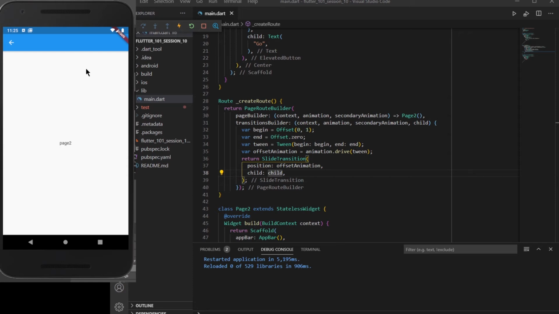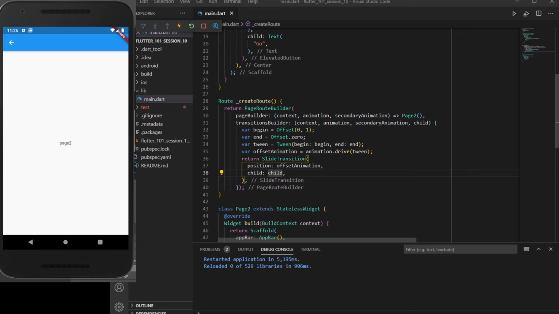The thing which took place earlier was that it was showing the first screen, and then it was adding the second screen to the stack of available screens. But now it is sliding a screen from the bottom part of our application and displaying it on the screen. So this is how you can add various different animations inside your Flutter application.